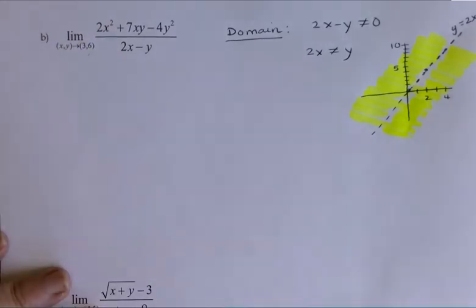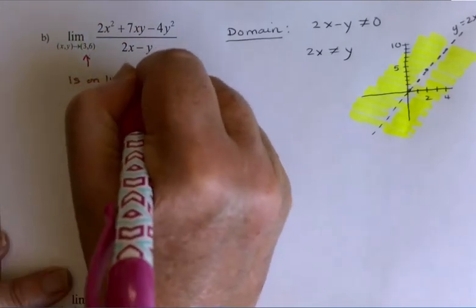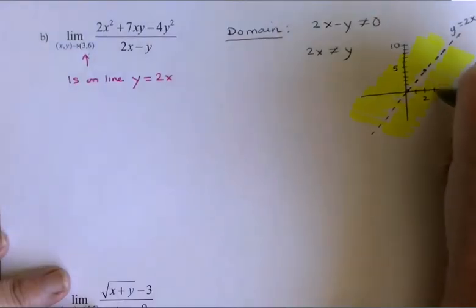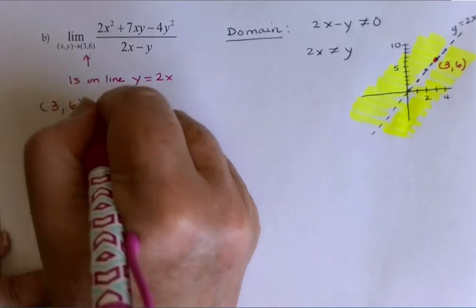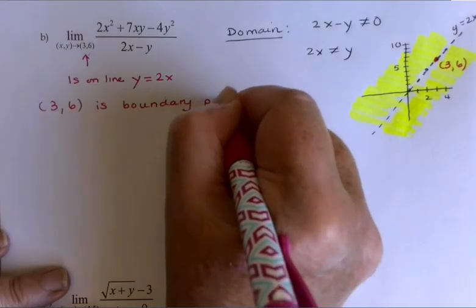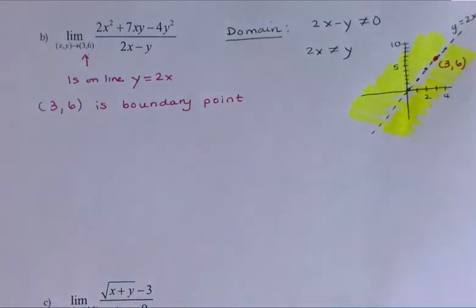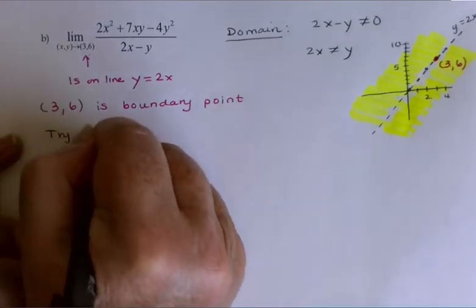So this point is on the line y equals 2x. (3, 6) would be about here. So (3, 6) is a boundary point. When you have a boundary point, you should expect to get something funny happening when you try to substitute in your value. In this particular case, if I try to substitute,